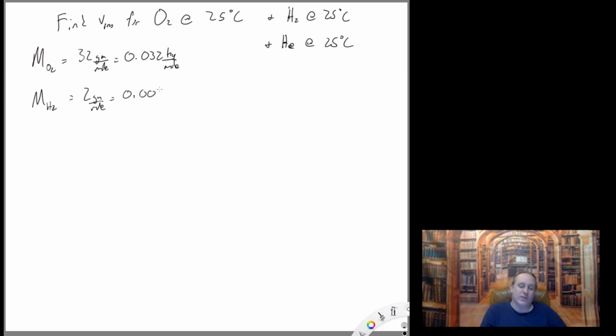So 0.002 kilograms per mole. And the molar mass for helium is 4 grams per mole, and it's not diatomic, so we don't have to double that number. So that would be 0.004 kilograms per mole. Okay, the temperature, 25 degrees C converted to Kelvin, will be 298 Kelvin. And so